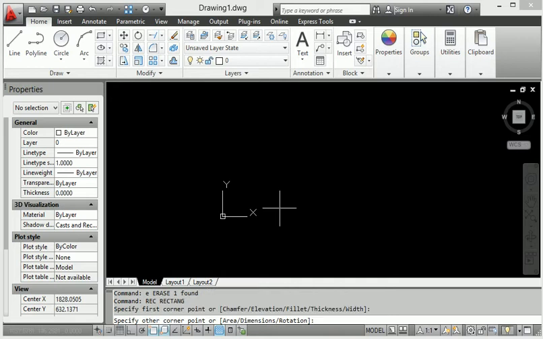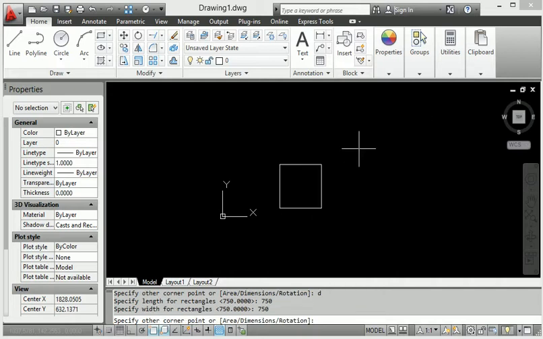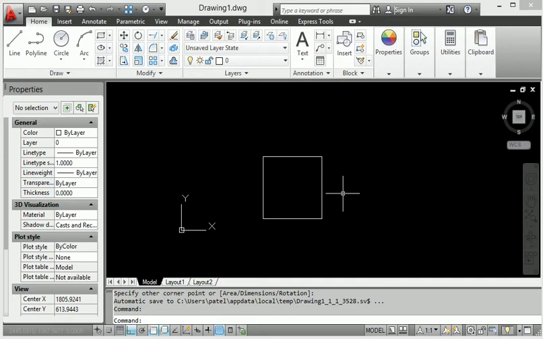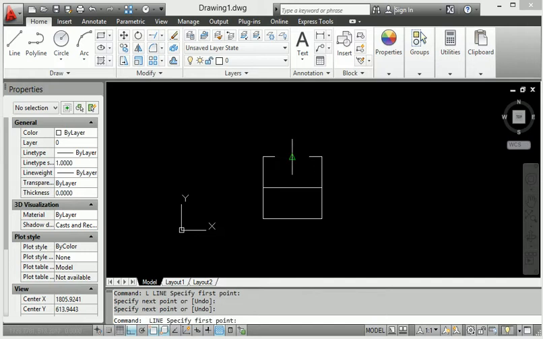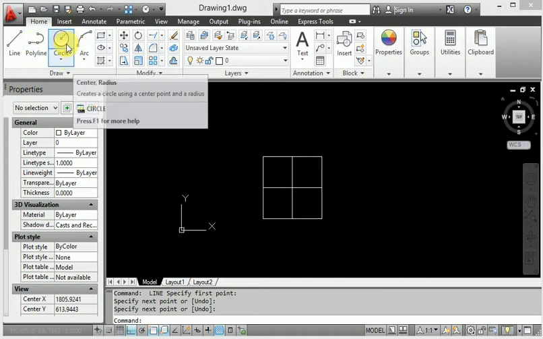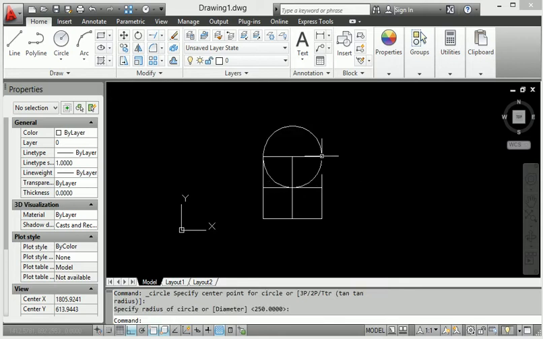Again I show you the rectangle here. First of all make the d, enter, then 750, again enter, 750, again enter, then decide the coordinate. Then also select the line here, enter the line, and this is the line, again enter. This makes the line. Then I will make the circle here, and I have to create all the points also.